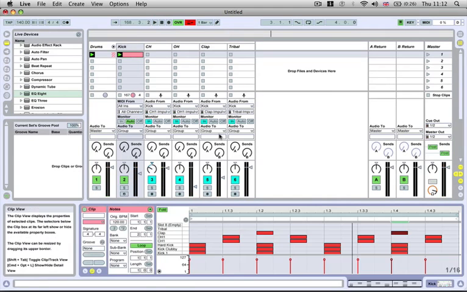Okay, so that is our kicks, our open hat, our closed hat, and our clap all put in there. In the next tutorial, we're going to be going through the tribal sample and adding a bit of reverb and